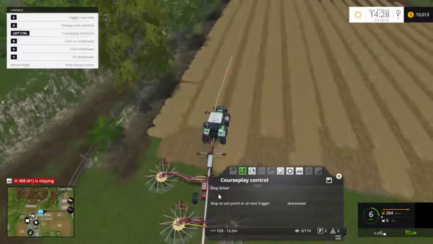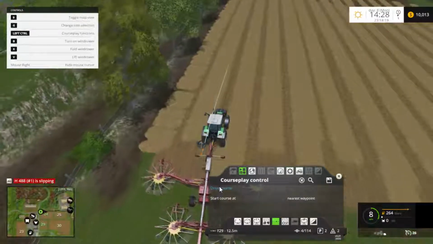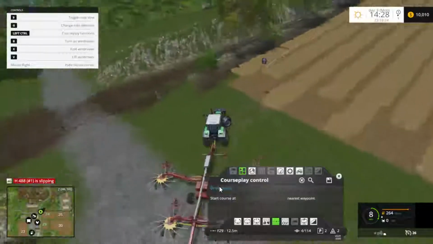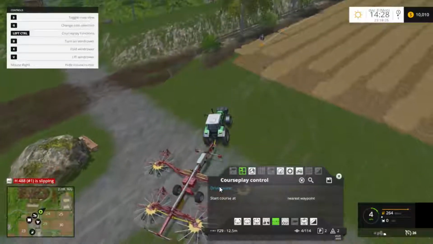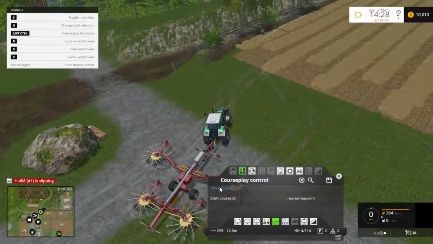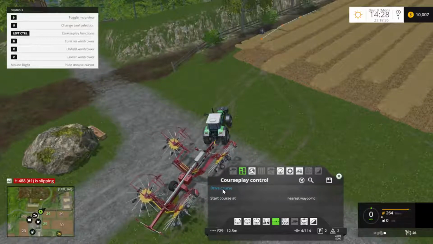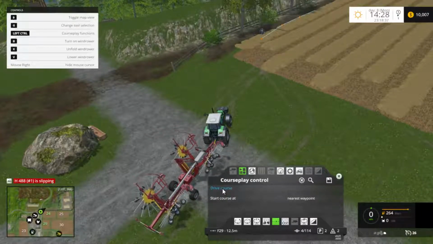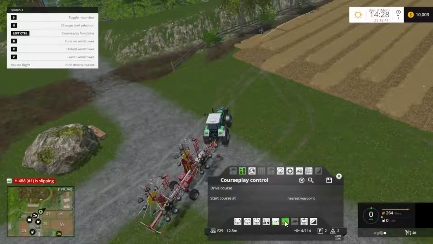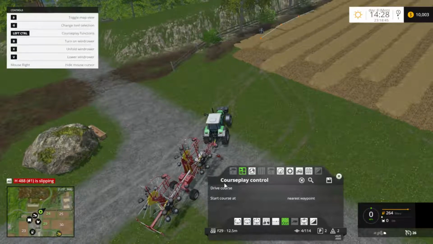Oh, maybe because I thought it was supposed to be turned on. Yeah, let me just kind of go back and reset. Let's refill this. Alright. So they get all the way refilled and kind of reset where we are. So again, this is a fieldwork course, 12.5 meters, and